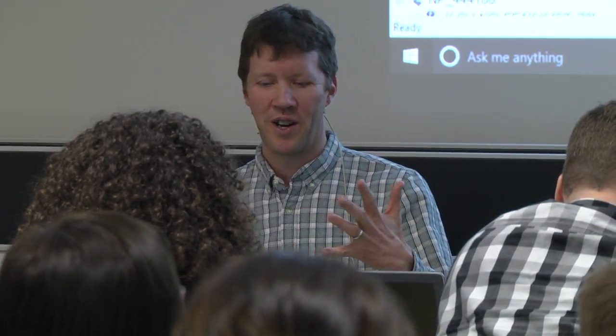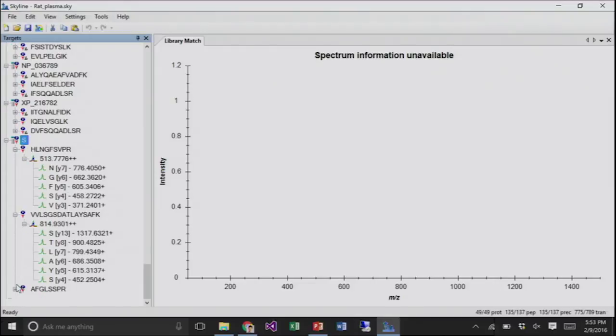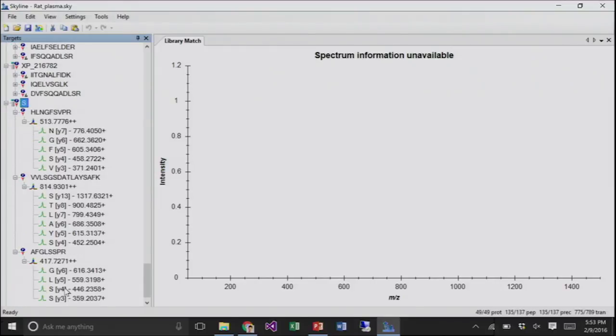So what are these extra peptides? Let's look at the bottom. At the bottom there are 3 peptides, each with, well, it's not a consistent number, but 6, 7, 4,